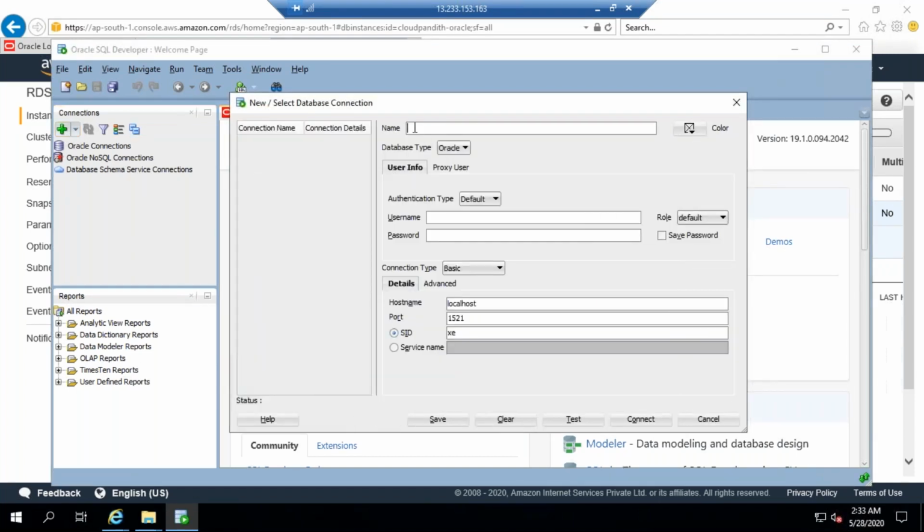Okay, this is the connection. Oracle connection. So for the username, I need to enter my username, this one. Password I will enter here. Next, host name is nothing but whatever endpoint we have copied, right? That endpoint you have to put, and the port number you don't need to change, it's 1521. So port number you have given.